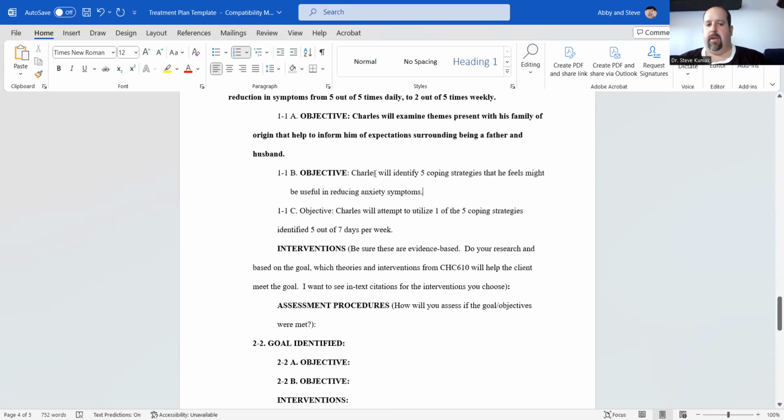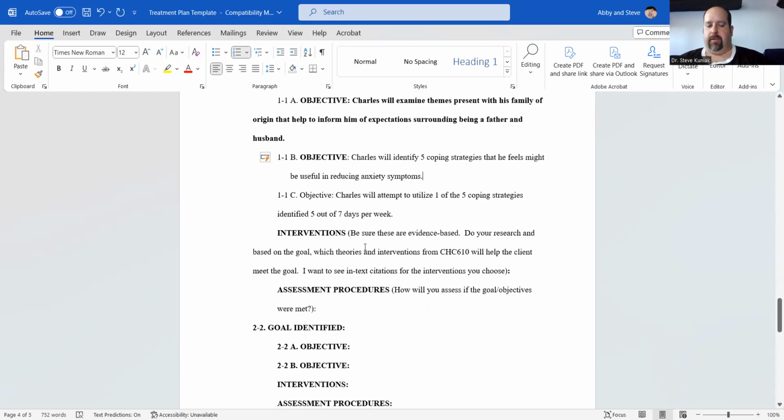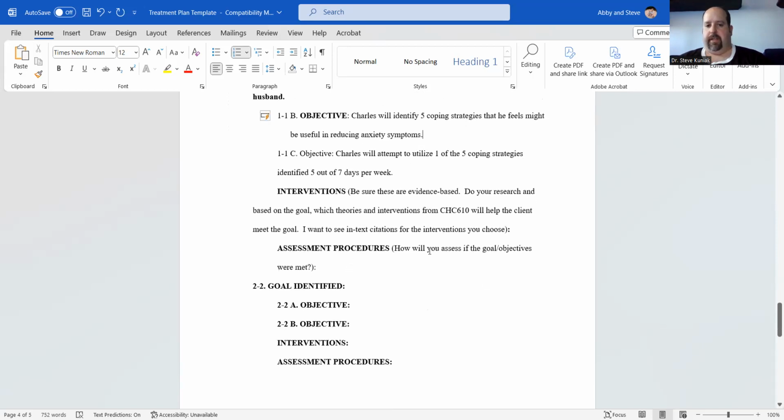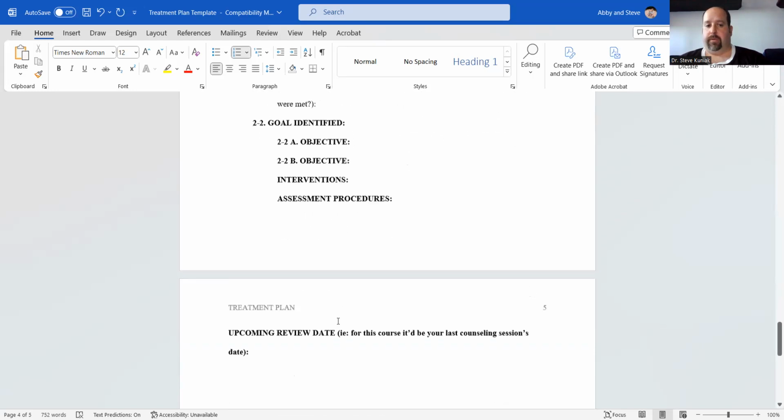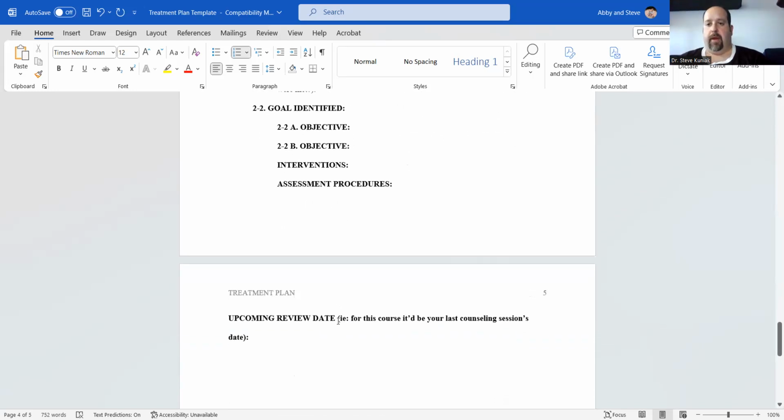A way that we can measure this is to see if managing anxiety, identified by a reduction in symptoms. This is where you would list your interventions, but under assessment procedures, self-report is good. If you can come up with a more empirical method of measuring, maybe an assessment tool, that's even better. And I would like to see at least one of those objective methods of measurement somewhere in your 2 goals. That would be ideal,